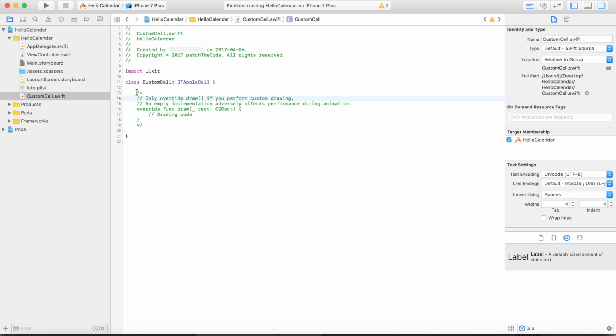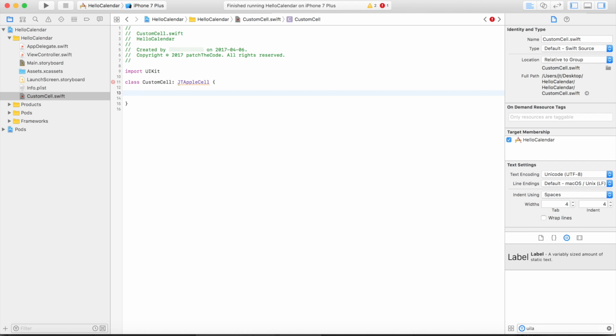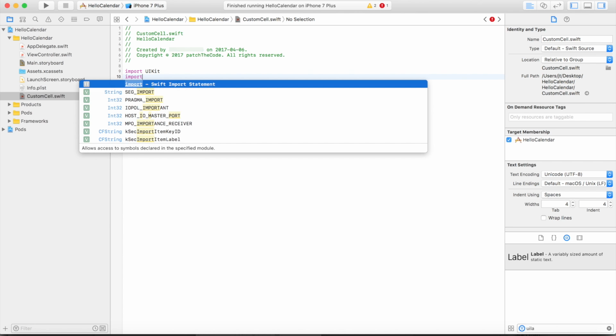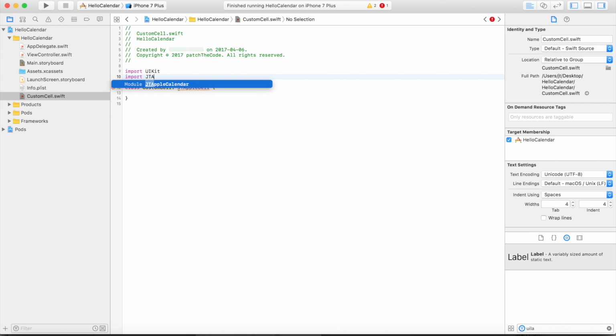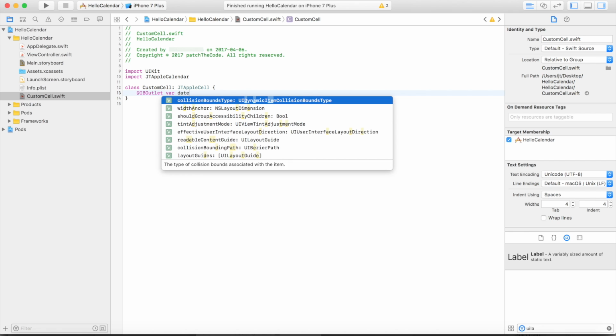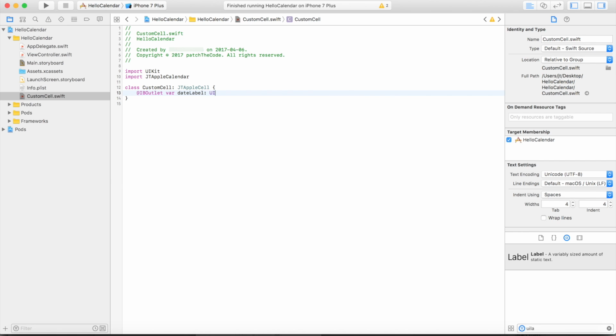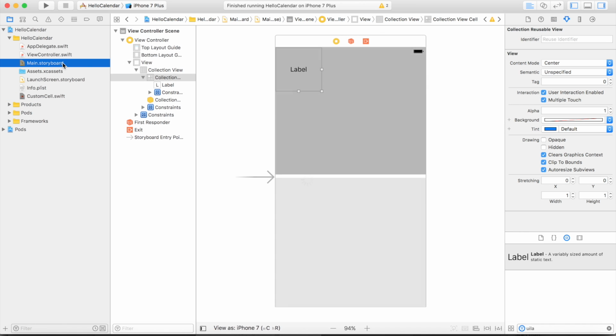Now that the file is created, we can delete all this junk code. In order for it to work, we first need to import the JTAppleCalendar library, which we do here. Now we'll just create a simple UILabel outlet so that we can display that cell information. I will also set this to week. Okay, this is done. Let's head back to the storyboard,